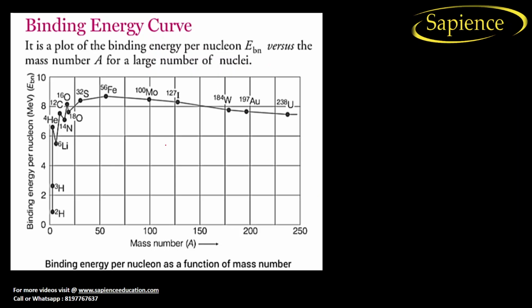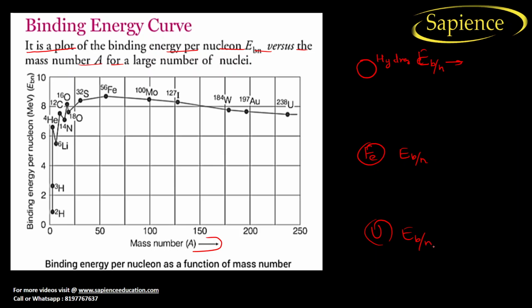Now let us discuss the binding energy curve. This is a very important curve, most of the questions will come from this. It is a plot of binding energy per nucleon versus mass number. For example, if we consider hydrogen, it has a binding energy per nucleon, and let us consider iron, it has binding energy per nucleon, as well as uranium. Now it has been observed that the binding energy per nucleon is